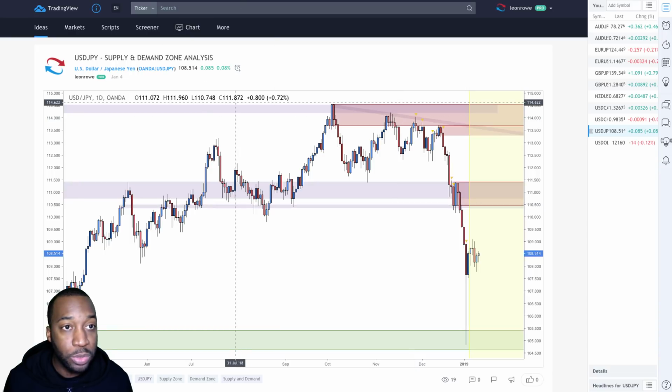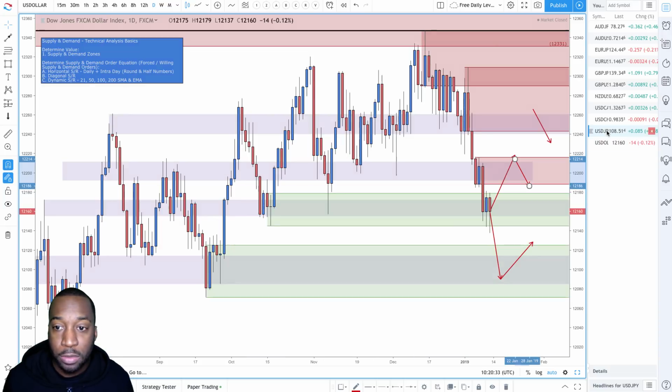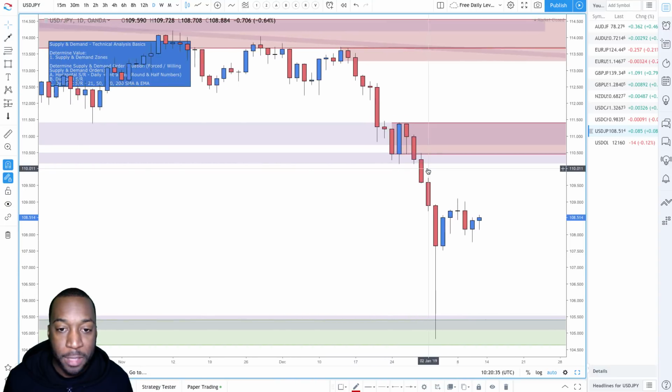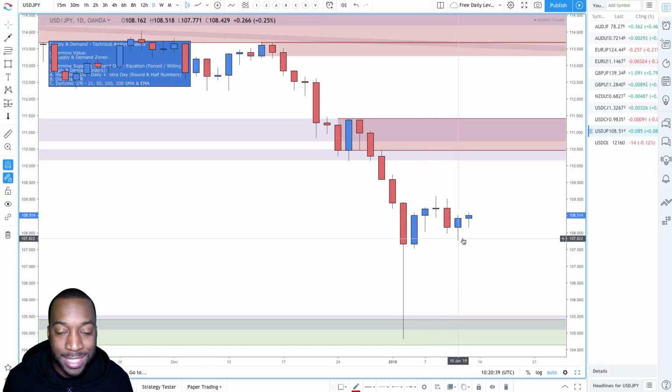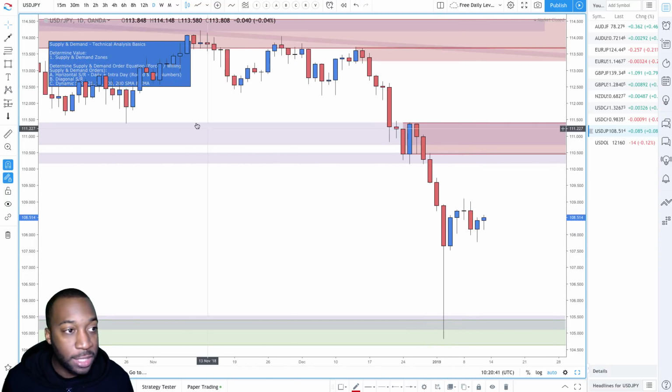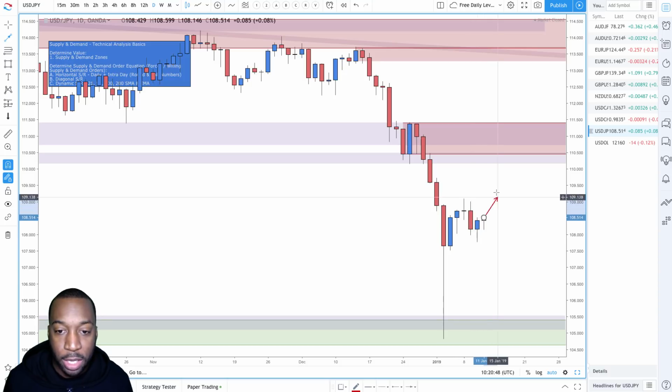So let's go to the chart for dollar yen. Zoom in a little bit. Yeah, so at the moment really there's nothing to be had. So what we're looking for now is we need prices to really either break higher,